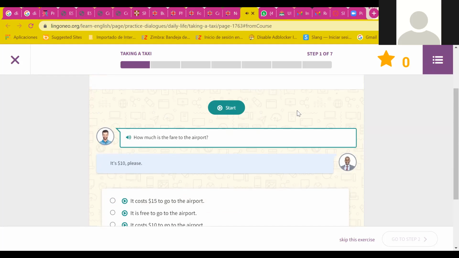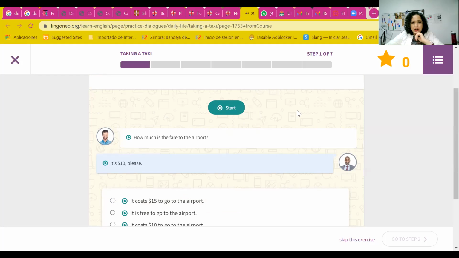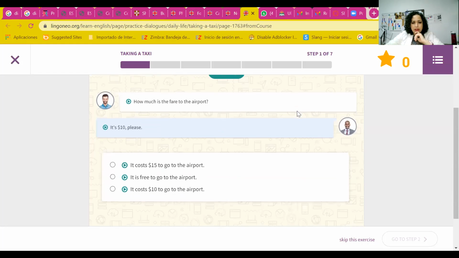How much is the fare to the airport? It's $10, please. How much is the fare to the airport? It's $10, please. Okay, the possible answers are, it costs $15 to go to the airport, it is free to